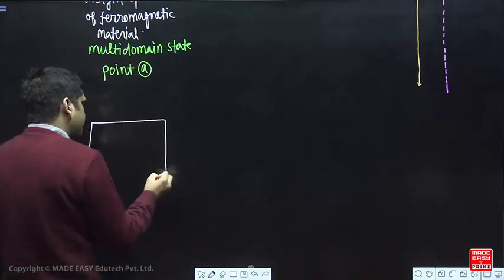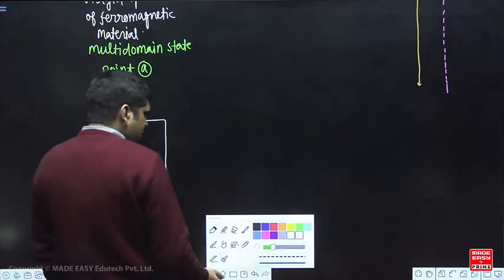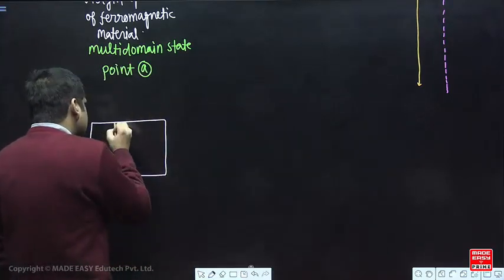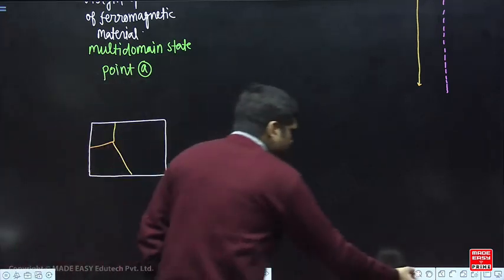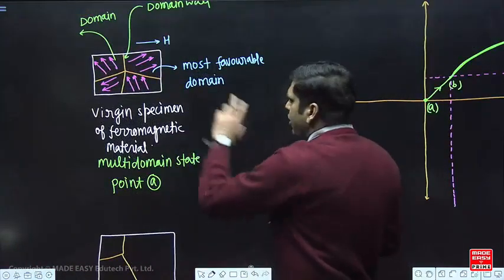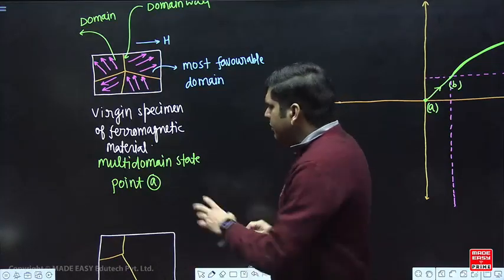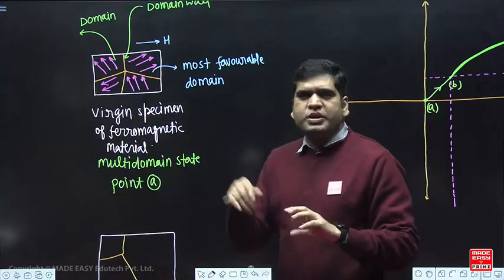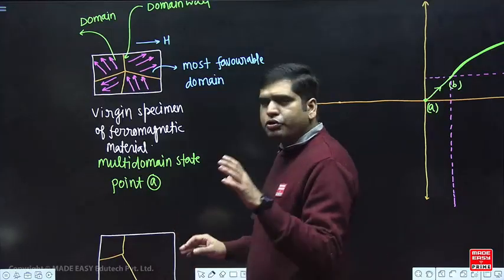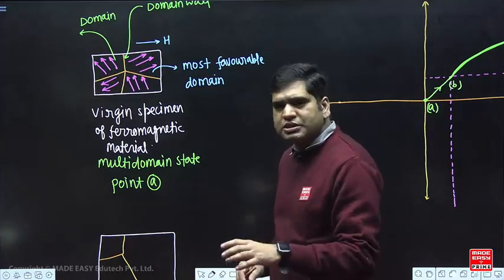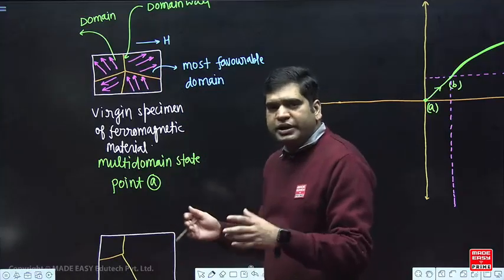with increase in magnetic field, these domains rotate towards the most favorable domain. हमने उसको reference लिया है. So size of most favorable domain grows and remaining domain become smaller. This is known as domain growth. Even if we remove the field, these domains are not able to return back to original position. Hence, a permanent domain growth has taken place in the material, and the most favorable domain has grown in the